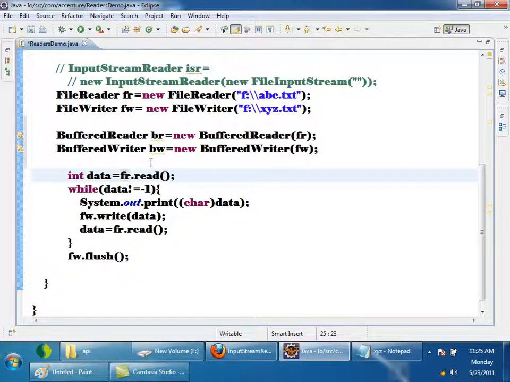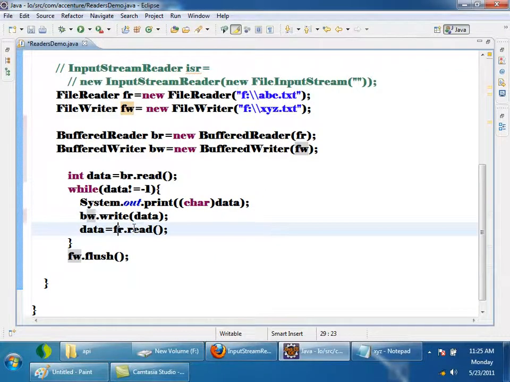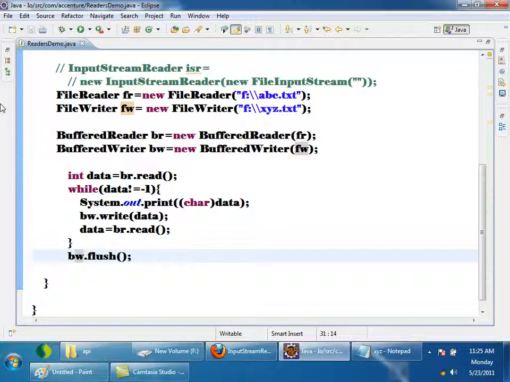Now instead of reading from fr, I'll use br, BufferedReader dot read. Here also BufferedWriter dot write. Here also br, here also bw. That's all. I increased the efficiency. The output will be the same, but efficiency is increased. If I run, the output is the same.